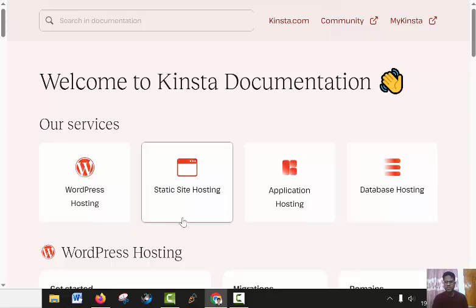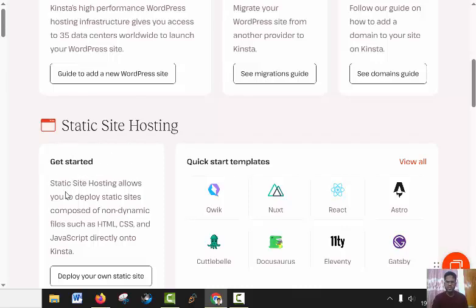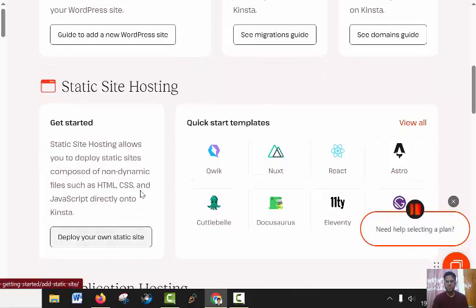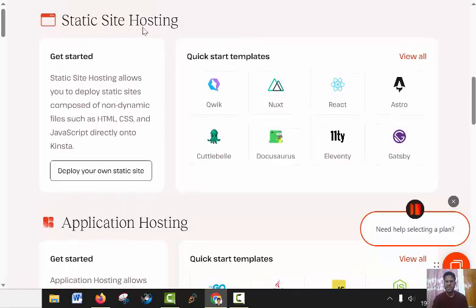So after that, the static site hosting. If you want to get started, static site hosting allows you to deploy static sites composed of non-dynamic files such as HTML, CSS, and JavaScript directly onto Kinsta. And quick start templates. Here are the templates. And if you want to deploy the static site hosting, here are the directions. Clicking here, you will be able to see the directions or guidelines to add or deploy the static site